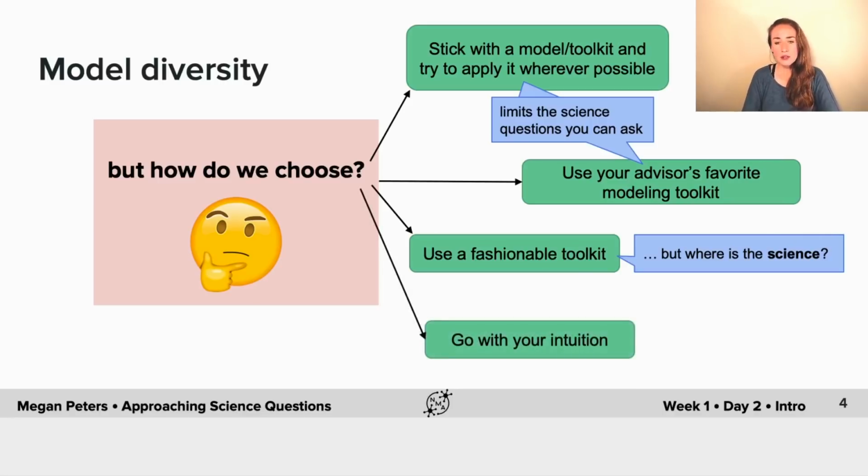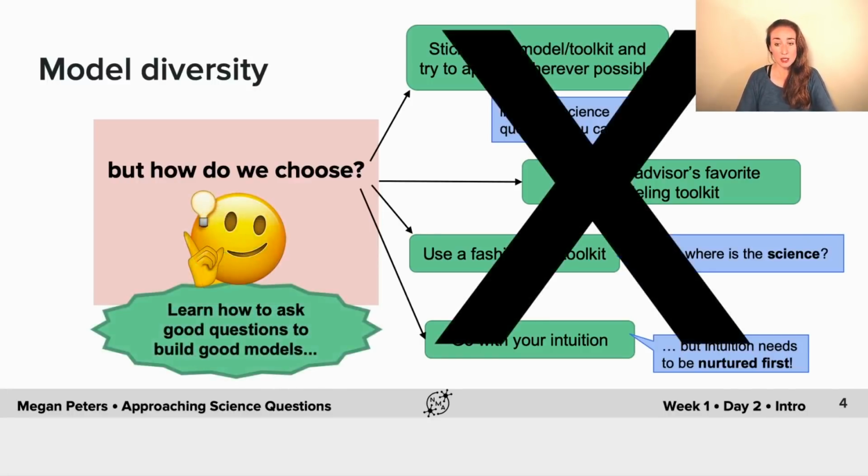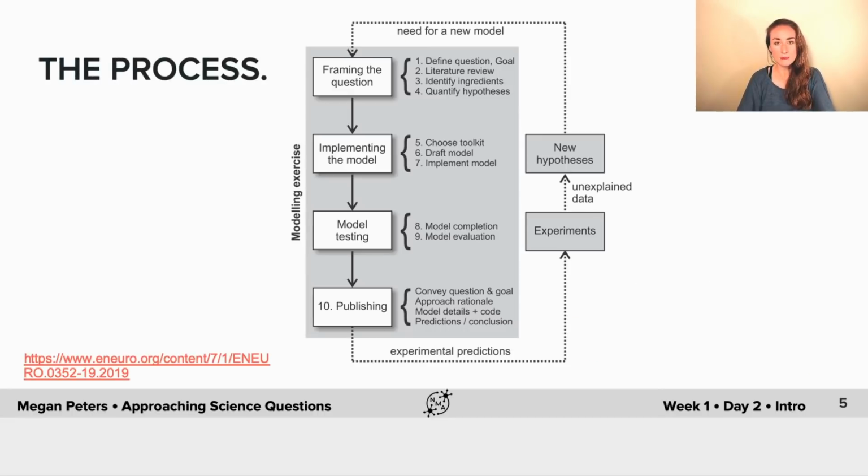And then, of course, on the other side, you could just go with your gut, which model you feel might be the right one. So the problem with this intuition approach is that, of course, intuition needs to be nurtured. So that's what we're going to start to do in Neuromatch Academy over the next few weeks. We're going to try to nurture that intuition, begin to shape it so you can make good choices about models. So basically what we need to do in general, and what we're going to start doing today and then over the next 3 weeks, is to learn to ask really good questions. And this leads us to be able to build and select good models to be able to answer really interesting scientific questions.